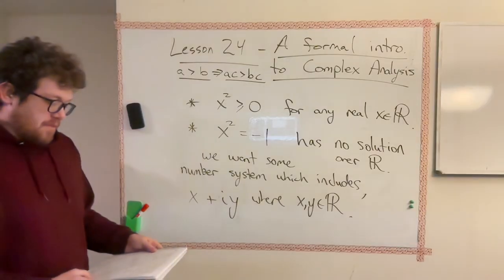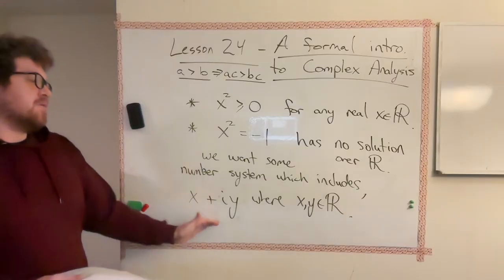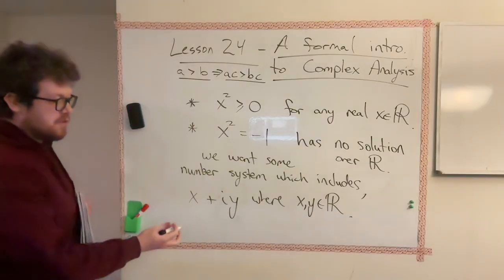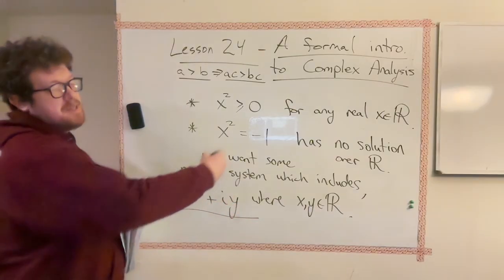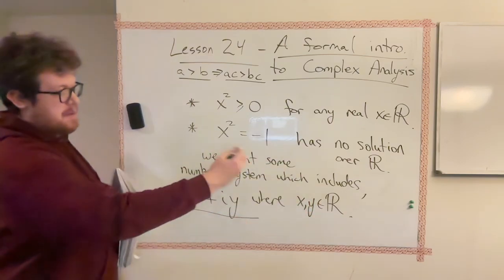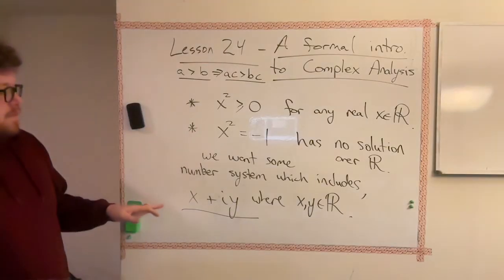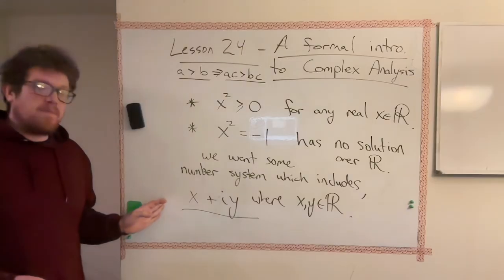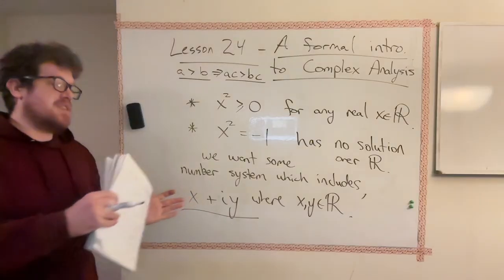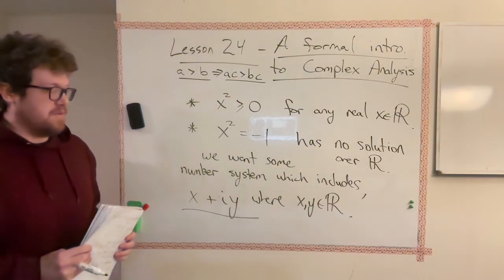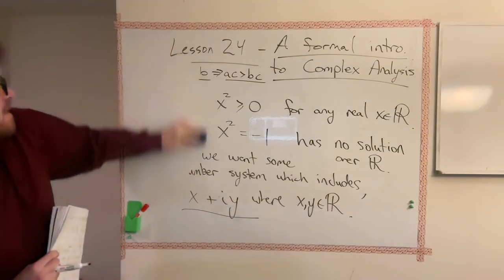Right. Okay. So first of all, let's say how we multiply two of these things. If I take two of these elements, x and y are real numbers, and I take an x plus iy, and I take some other, maybe I call it a plus ib. Luckily we can pretend i is just a regular number, even though it's not a real number, and we can pretend it has the normal operations, in the sense that you'll see in a second. So if I want to multiply two of these things together,